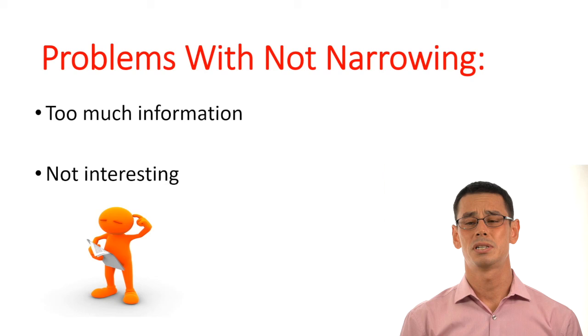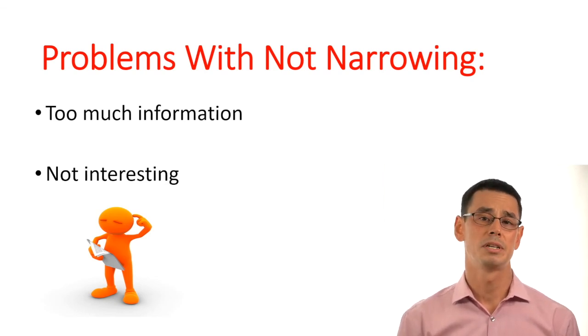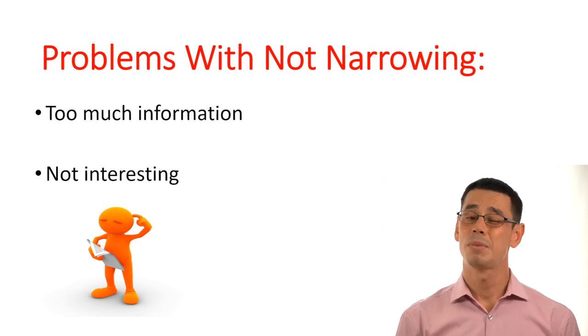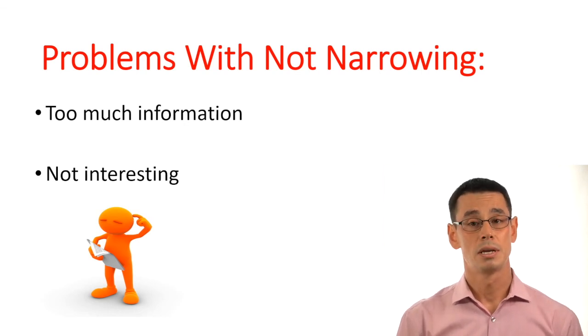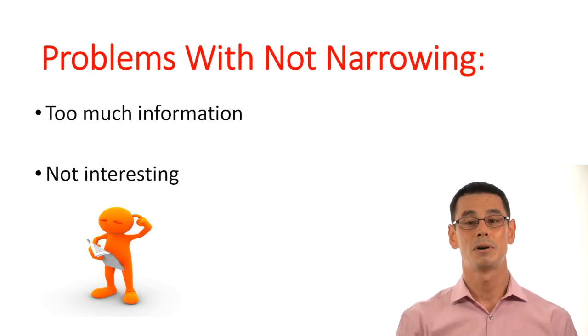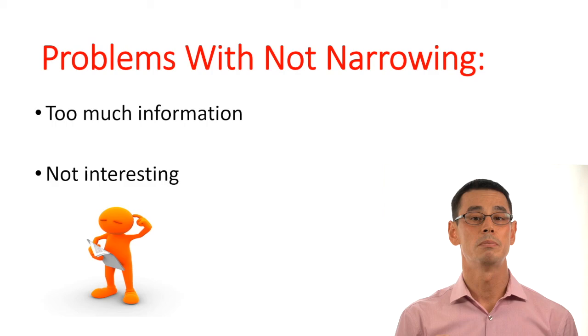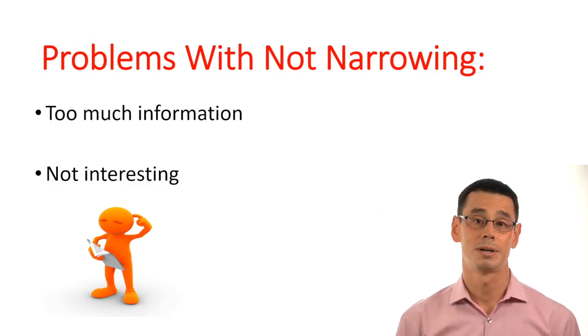Too much information about something means that you're going to give very general, basic information. And if you do that, that might not be interesting for your audience. Again, it might be okay if you're just a child and you're talking about all the things in Korean history. But at the university level, you have to be much more specific in what you're talking about.